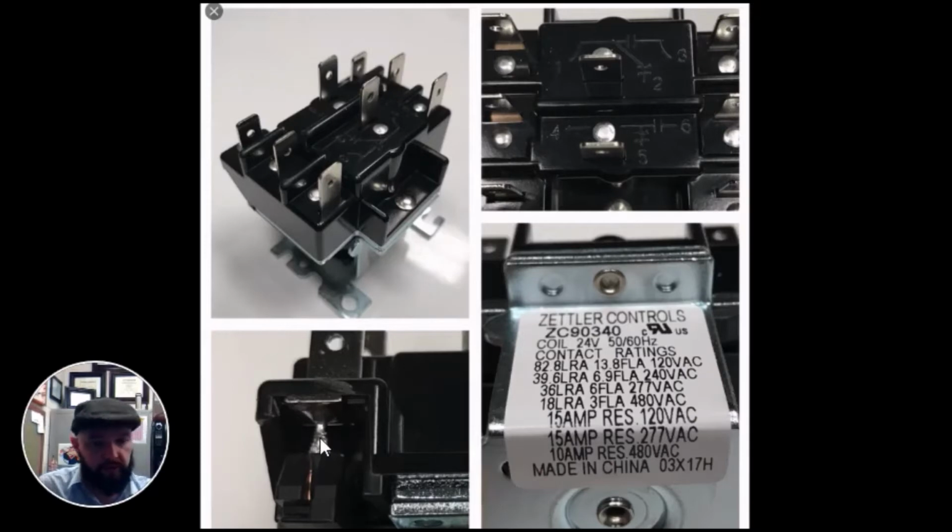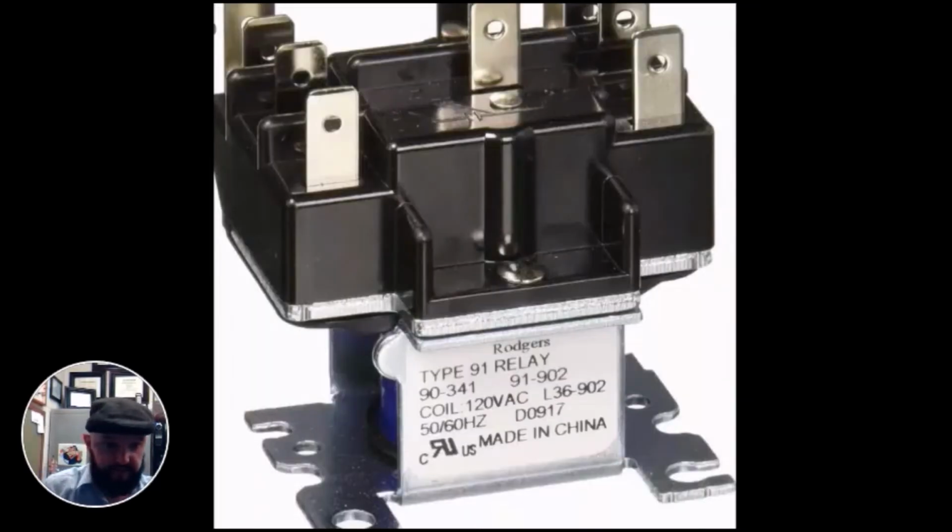If you ever wonder which one's the coil, it's the terminals that, if you look closely, you can literally see soldered to the coil itself. So this connects this terminal to the coil itself. The coil, if you hold it to the side, is fairly easy to see. Oftentimes it's not wrapped. This one's wrapped in blue protection, blue insulation, but oftentimes it's not wrapped and it's just